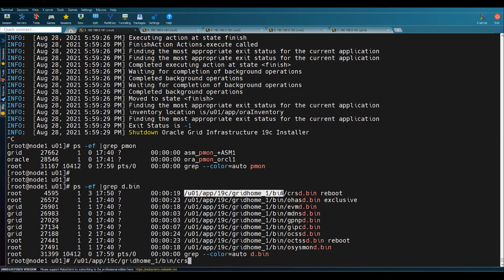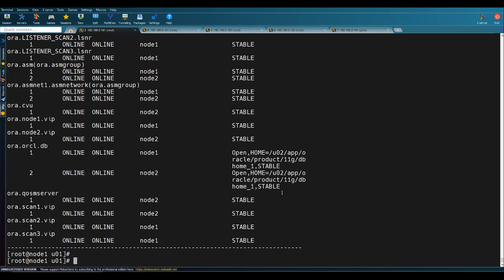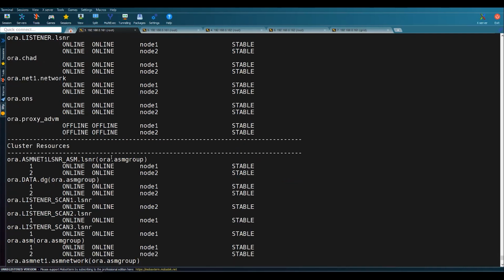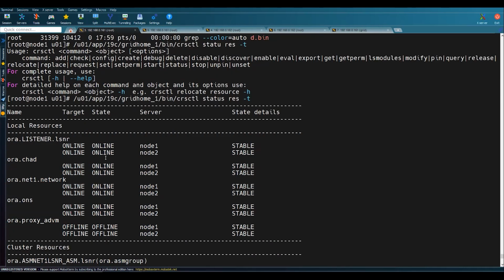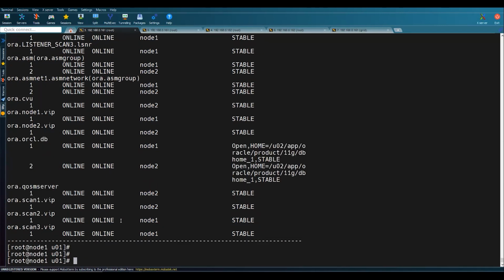crsctl status resource -t. Okay, the command is incomplete. Because of that we are getting this error. So if you look into this status, here we have all these services currently online, and even if you run the check